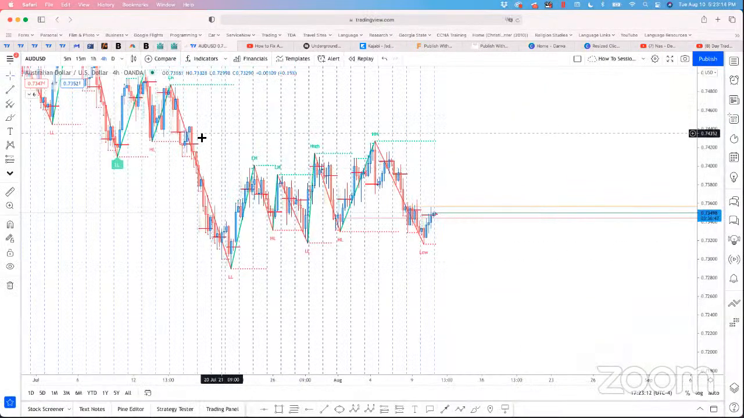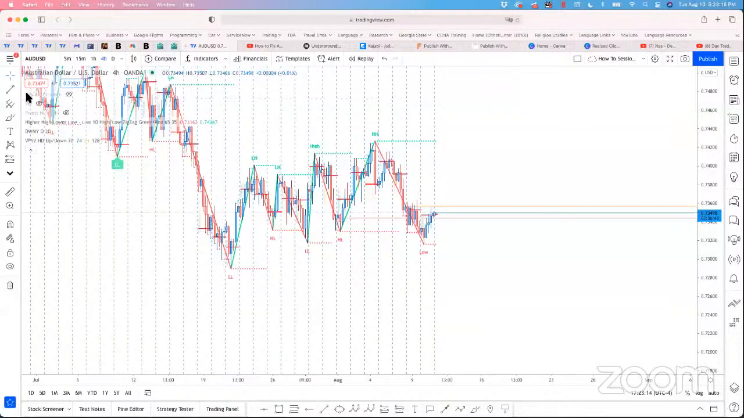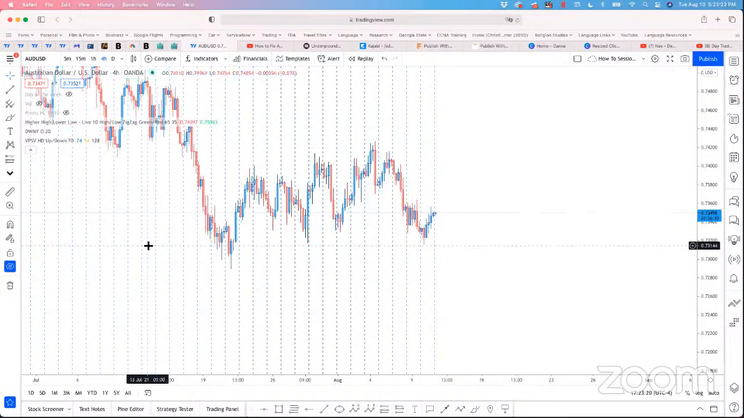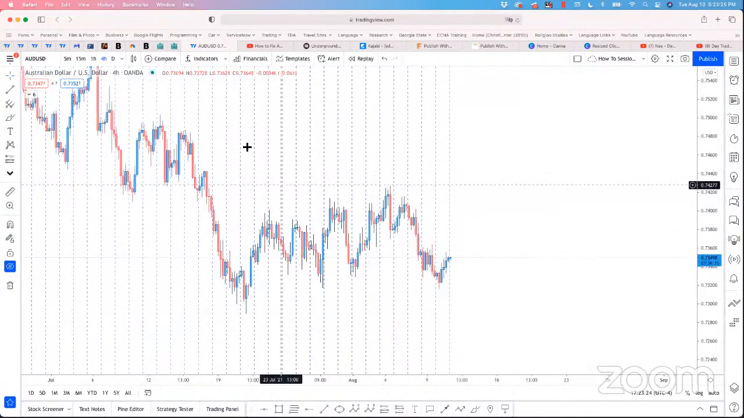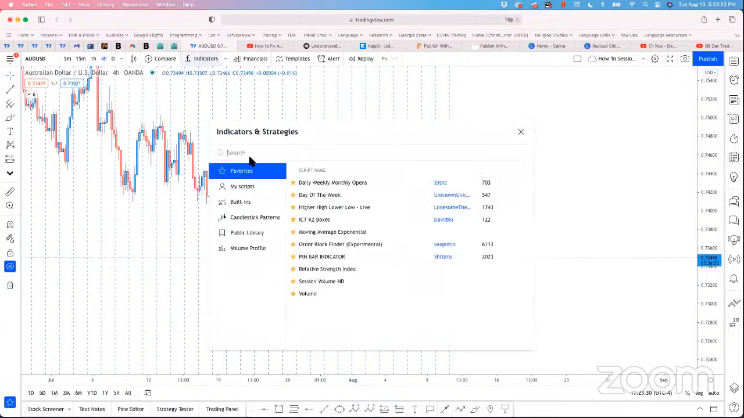Okay, so I am going to remove all the indicators real quick. And there is one I want you to add. You're going to go here, under indicators. You're going to type in